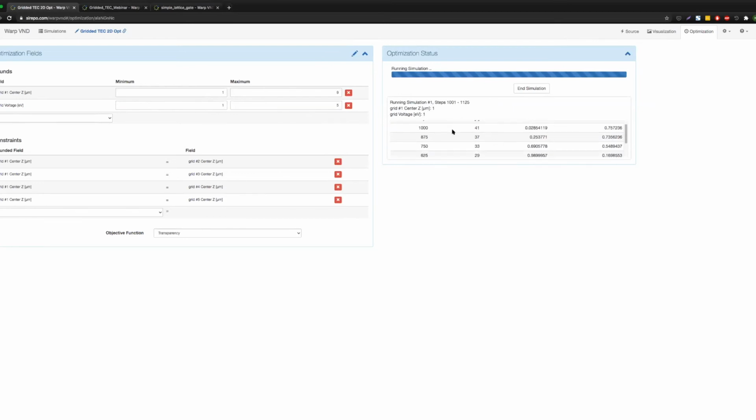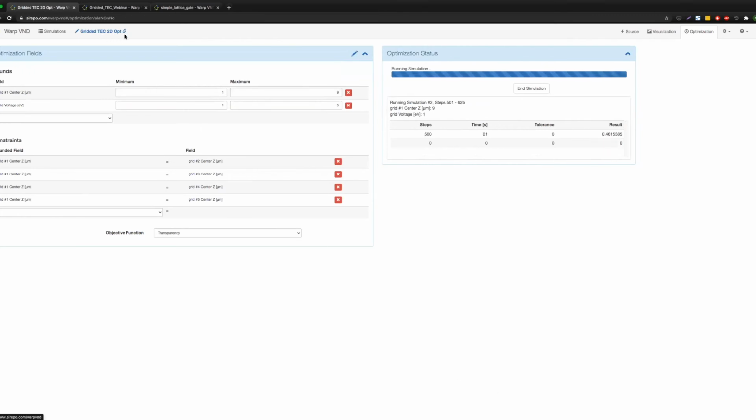As the simulation progresses, you'll see updates to the number of steps that have been run, what the result of the objective function is, and various other information about the simulation. And once at least one simulation has been completed, you'll see an additional panel pop up here. While we're waiting for that panel to pop up, I just want to provide a little bit more information about more generic Sirepo features that are available that I haven't yet shown. The first of which is,